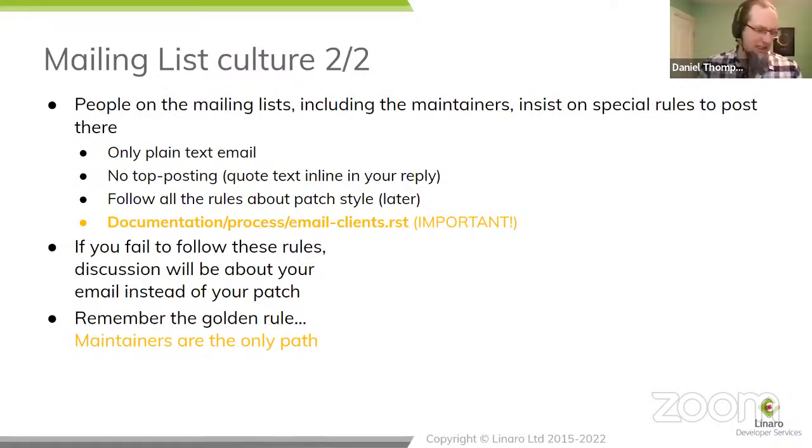And finally, in terms of mailing list culture, maintainers remain the only path. So there is that cultural habit that if somebody gives you negative feedback, a maintainer is unlikely to apply the patch unless they have already disagreed with it themselves. So whoever has reviewed your code, generally it's a good idea to be thinking about what they say. If you get a particularly hostile non-maintainer review, it might be worth waiting a day to see if a maintainer follows up. But generally speaking, you can treat reviews the same whether it comes from maintainers or not, because maintainers will usually defer to other code review anyway.